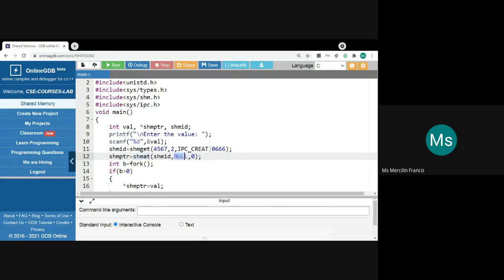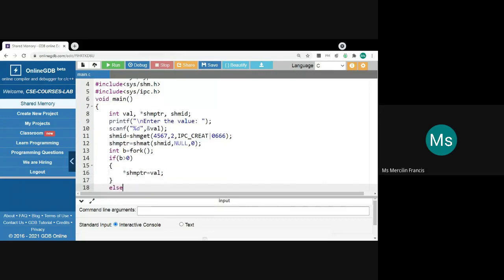If the second value is given as null, then the ID will be attached to some available memory location, and that address will be stored in this shmptr variable. Using the fork function you will be creating the child, and if pid is greater than 0, it is the parent. It assigns the value that we have entered via the keyboard into this shared memory space. Currently shmptr is pointing to some shared memory location.